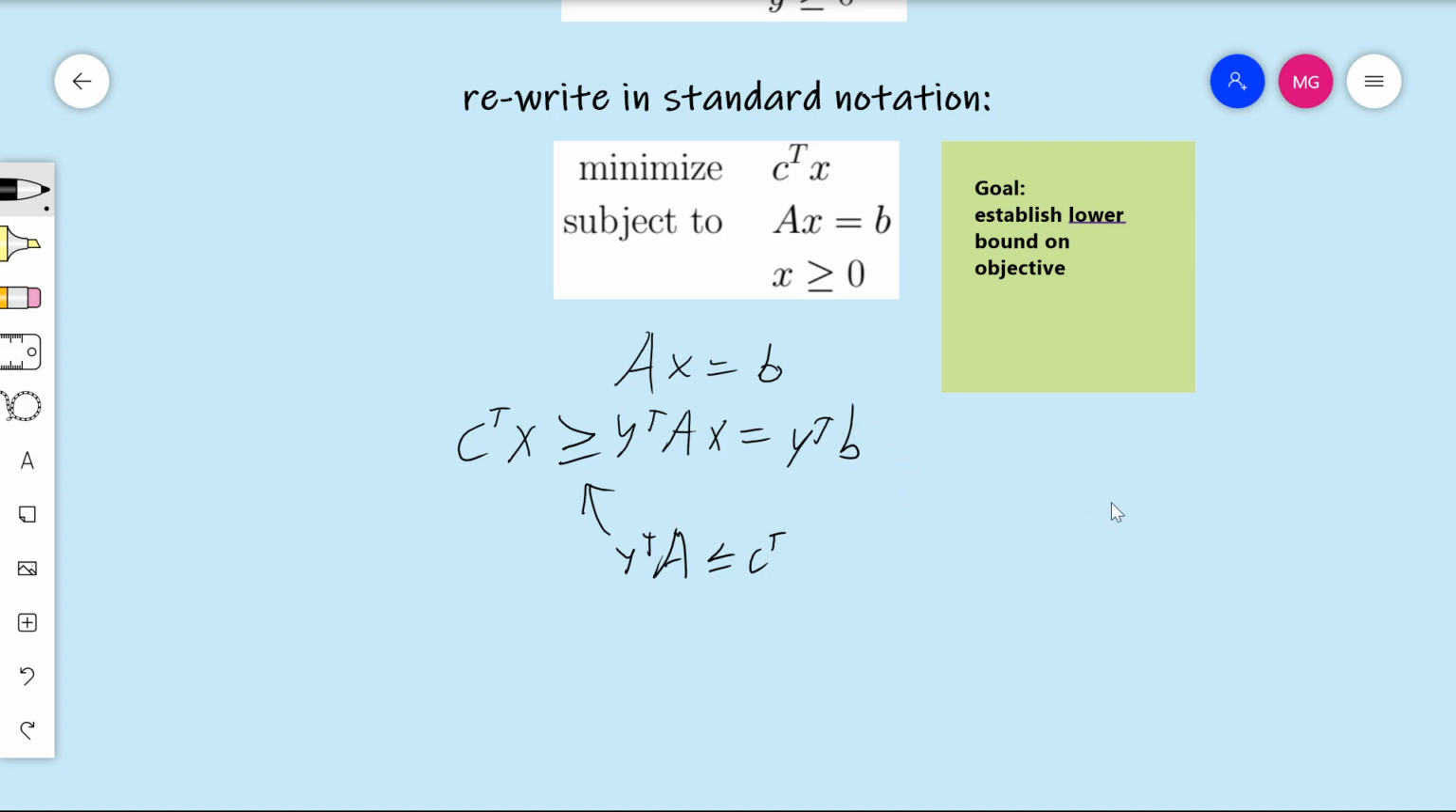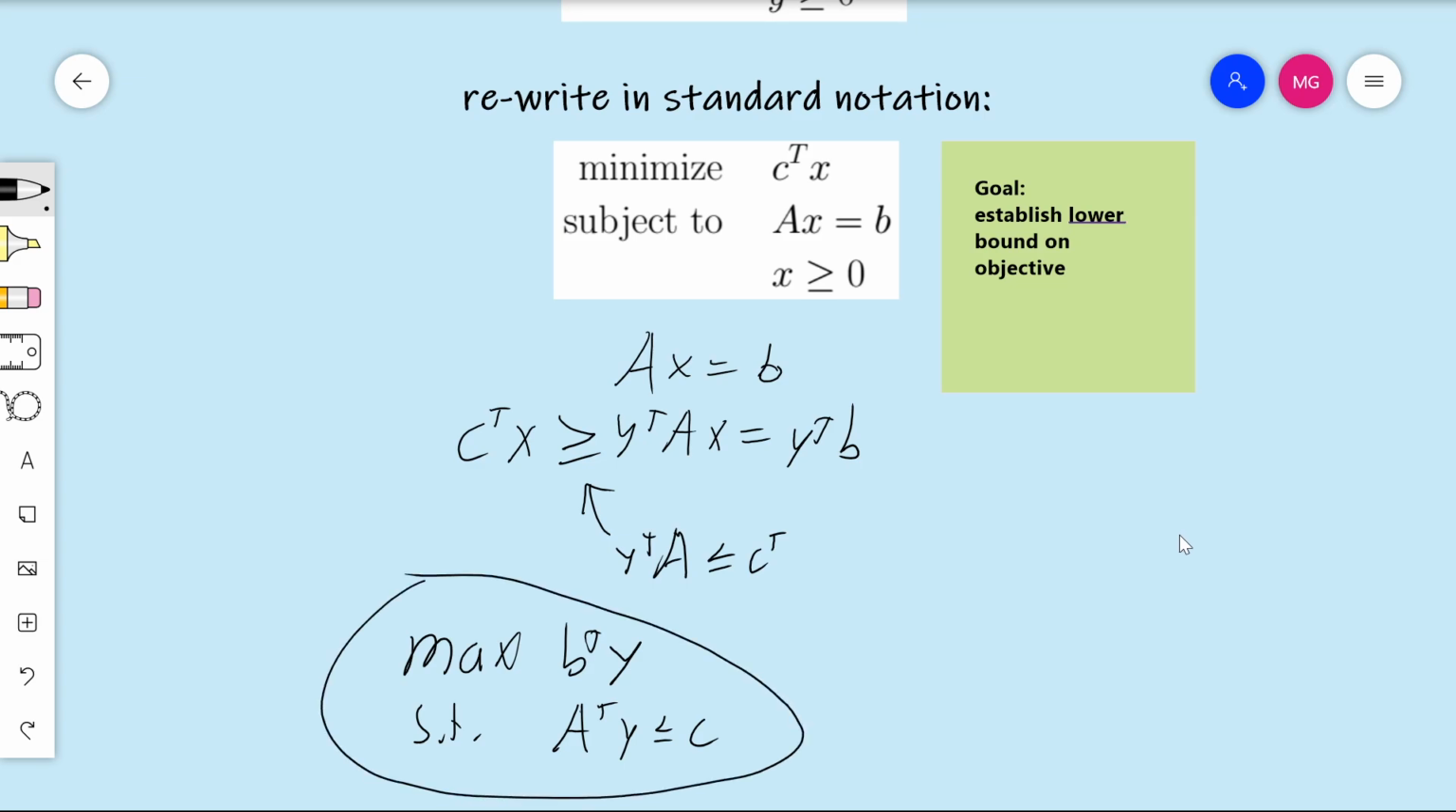So that'll give us the tightest approximation that we can get to the optimal solution of the primal. So we're maximizing this lower bound, b transpose y, and the condition that we have to impose is this condition. But I'll just write the transpose of that. It's the same thing. So a transpose y is less than or equal to c, and that linear program is the dual